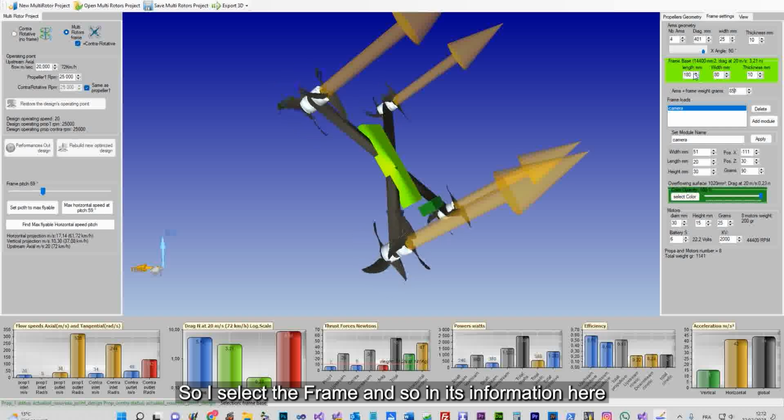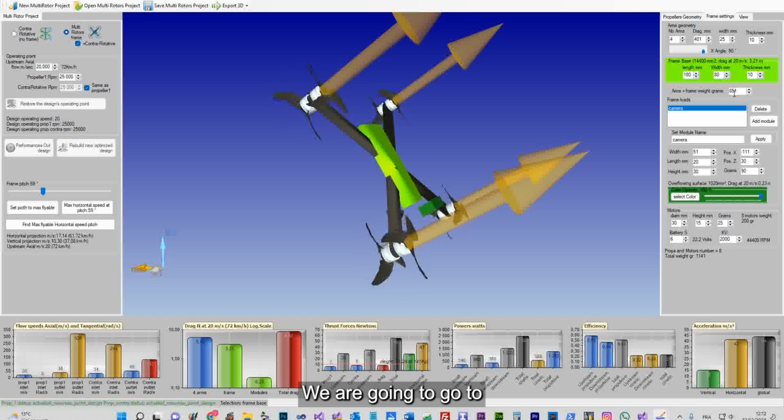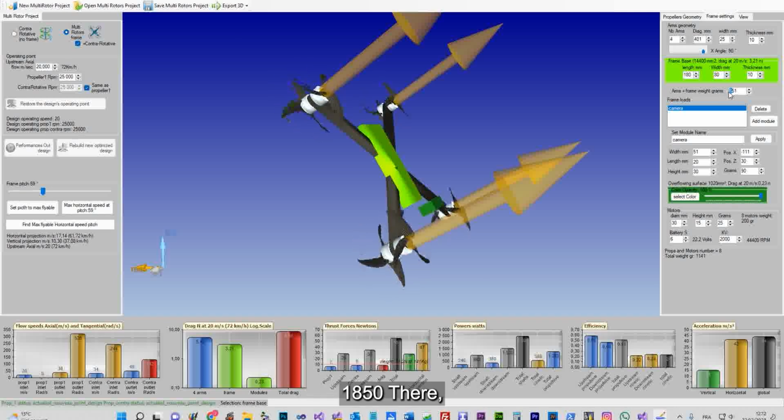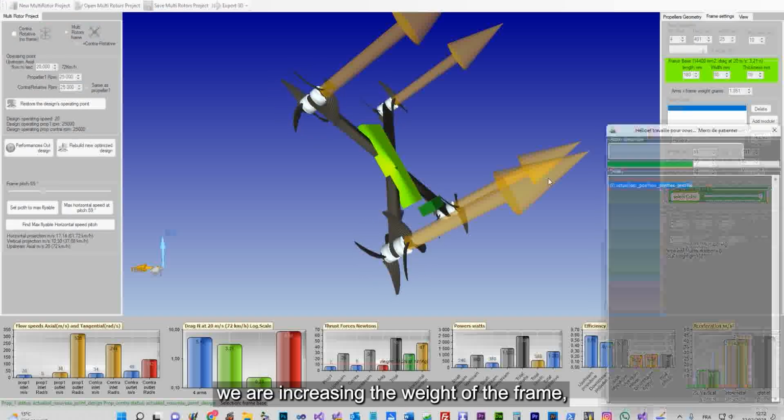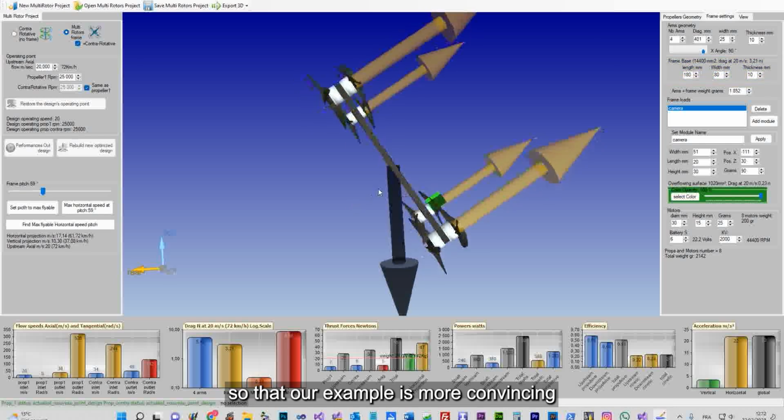So I select the frame, and in its information here, on the right, we have the weight, which is 850 grams. We are going to go to 1850 there. We are increasing the weight of the frame so that our example is more convincing.